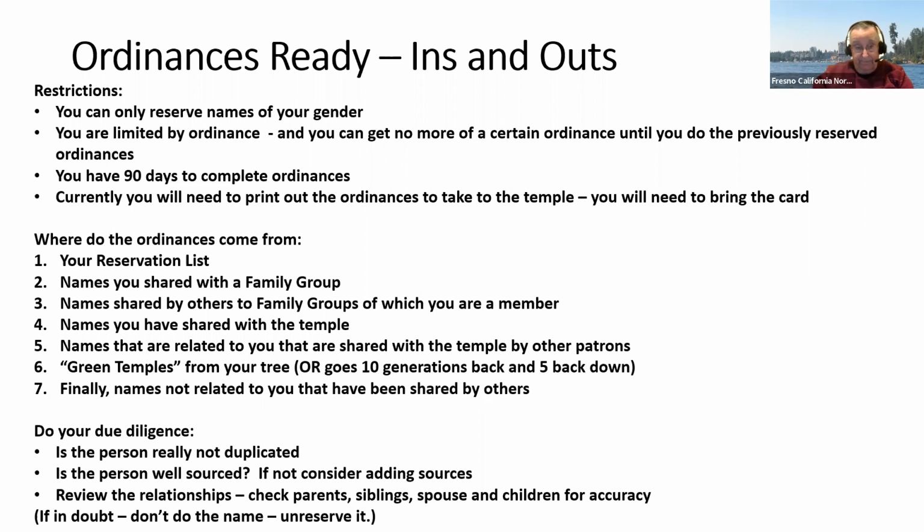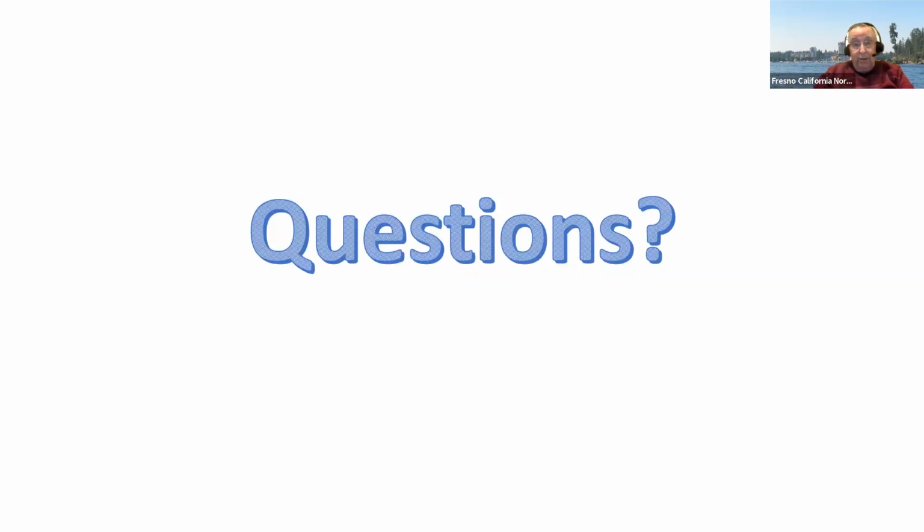And finally, if it can't find anything else, it'll just give you an unrelated name that's in tree that needs to be done. So again, lastly, please do your due diligence. Don't just grab the name and run, but maybe do a little looking at it, see if there's anything you can do to help it. Okay, I hope this helps you. It's a fast run through, and I'm sure it's probably been confusing, but that's why we record these, so that you'll know.